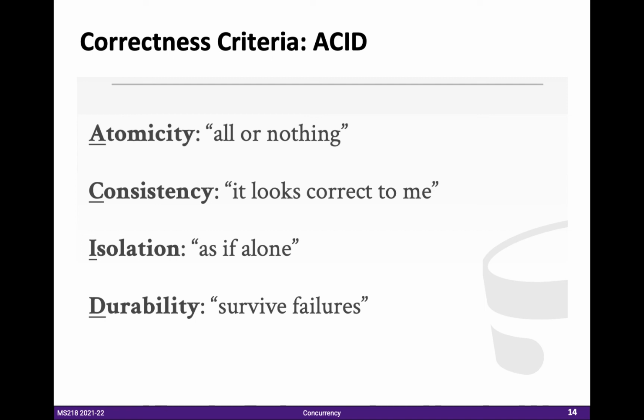Consistency: it looks correct to me, meaning if we have a consistent DBMS and we are adding consistent SQL queries, the DBMS would still be consistent. Isolation is as if alone, and we will check this in more detail in the next lecture. And durability is survive failures.